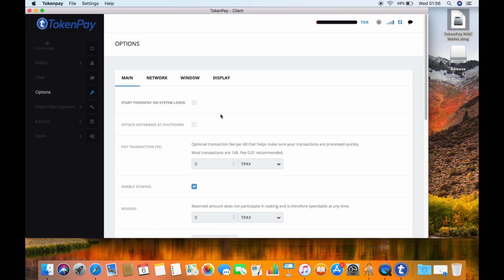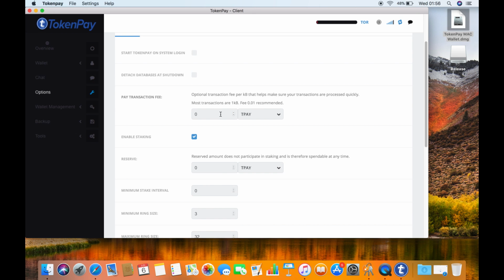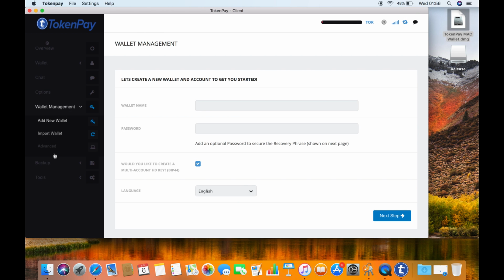So here at the options, you can enable your staking. You can put a reserve, an amount that you don't want to be staked, so that you can use it at any moment. Here at wallet management,